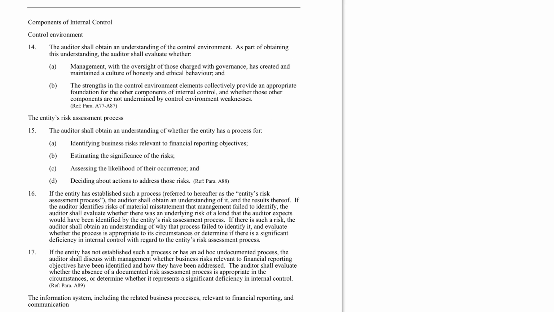ASA 315 does talk about components of internal control, and we have 5 components of internal control. Number 1, the control environment, the structure of the firm, culture, philosophy. Then the risk assessment process. What do they do to try and assess risks? We also look at whether they have processes to evaluate internal controls, information systems,